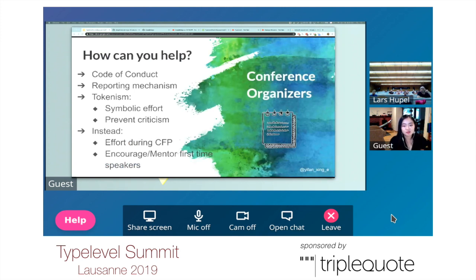So what about organizers? For conference organizers and community leaders, first of all, you need to really spend time on building a clear code of conduct. You need to clearly communicate the policy at the beginning of the conference and before the social hour. You need to develop a reporting mechanism to handle, for example, harassment reports. And please make sure to include minorities on the committee that accepts the